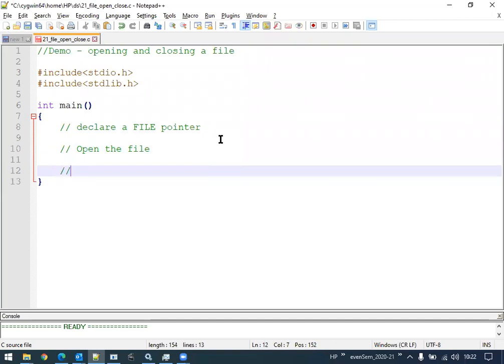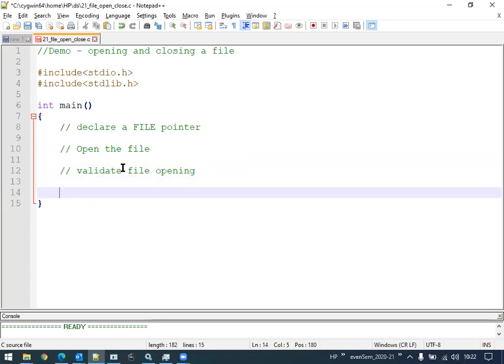Once the file is opened, we know that there are two possibilities: the file is opened successfully or it is not opened successfully. In order to handle that, we need to validate the file opening. We can check whether there are any errors or not.